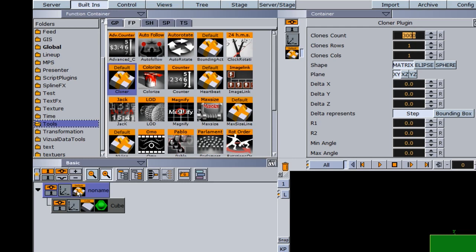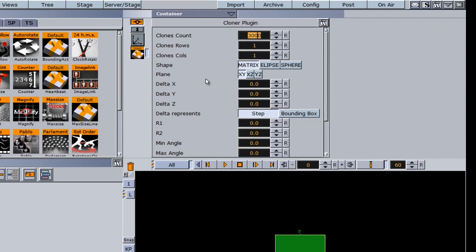So I'm going to click on my cloner icon and go into the cloner editor. First thing that we have here is clones count. It's set to 3000 by default. I'm going to decrease this down to about 100. And the next thing we have are clone rows and clone columns. So these need to be a multiple of the clones count. So each one of these I'm going to put 10 clone rows and 10 clone columns. Now we have a shape which is set to matrix by default, and I'm going to leave it on matrix